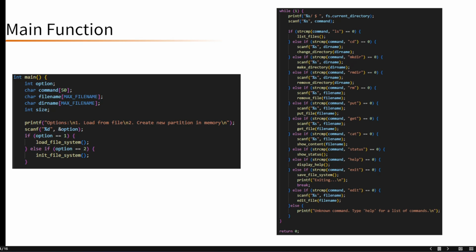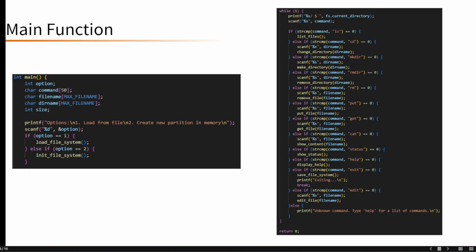This section interprets the command typed by the user and calls the operate function. ls is list files in the current directory, and cd is change the current directory, and make directory is create a new directory, and remove directory is remove an existing directory, and rm is remove a file, and put is upload or add a file to the file system, and get is